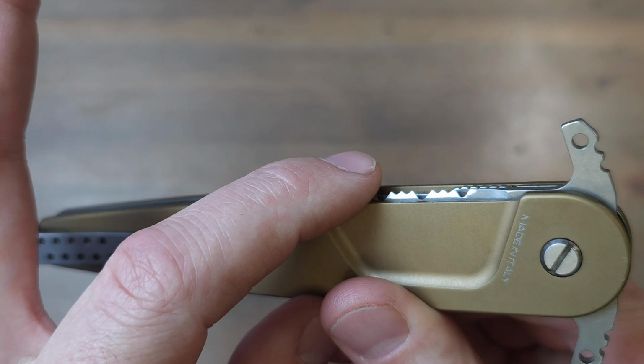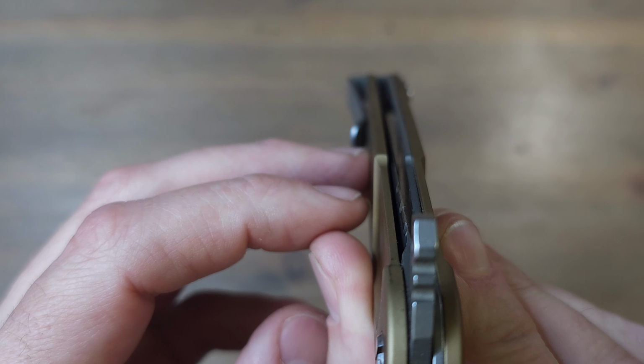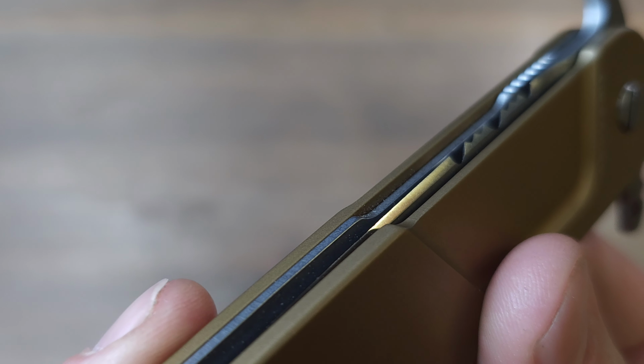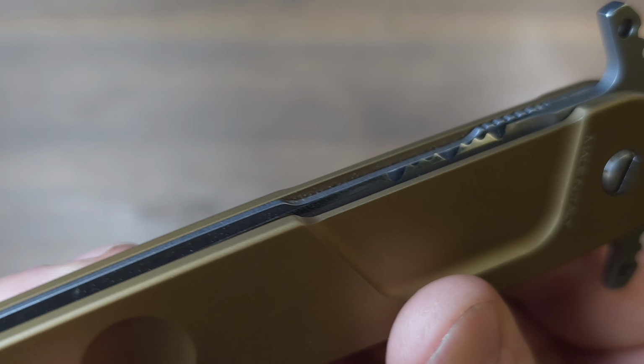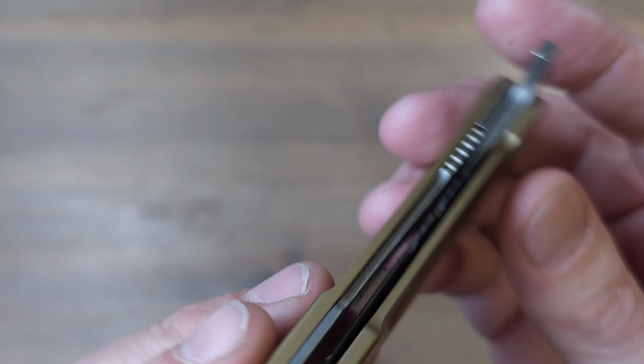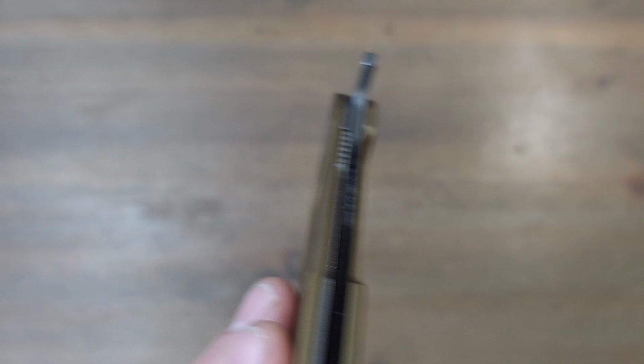I'm touching it right now. I'm not trying at all. There's no protection for that. It's literally fully exposed. And if you ask me, dangerous. I don't think that's safe. He said he's carried this quite a bit and never cut himself on it. But I am running myself against that right there. I mean, I could literally...